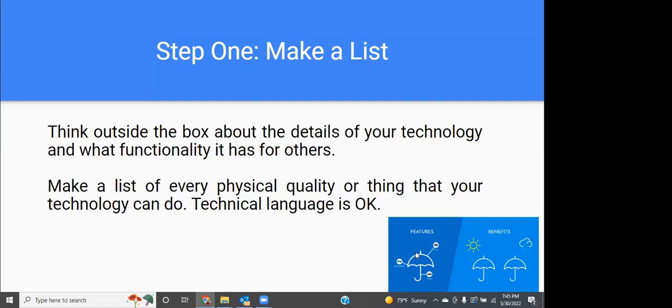So try and push yourself, after the brain dump of scientific or technical features and details of the technology, to think about what benefit that has in the real world. Is it strong? Is it very heat resistant? Is it non-interactive? Is it malleable? Is it porous? What kind of benefits does the particular technology have? And once you've got that entire list brain dumped and done, then move on to step 2,